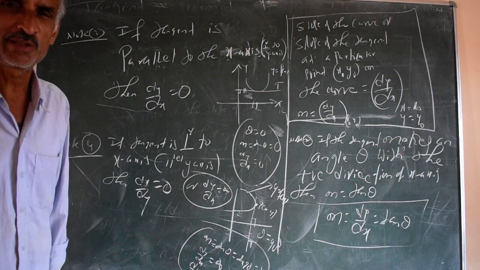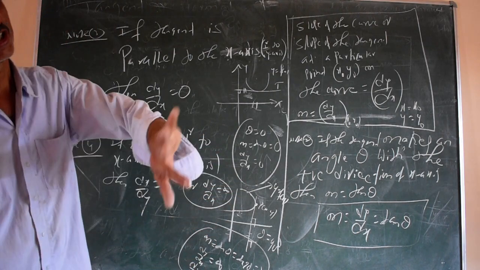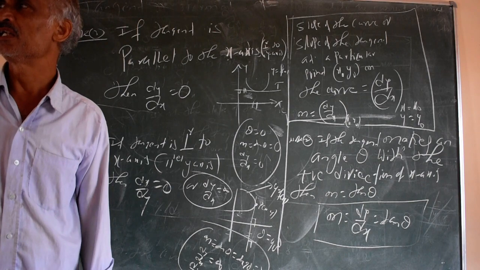Dx by dy, how to get dx by dy? Obtain dy by dx. Then take the reciprocal. If dy by dx is x square, then dx by dy is 1